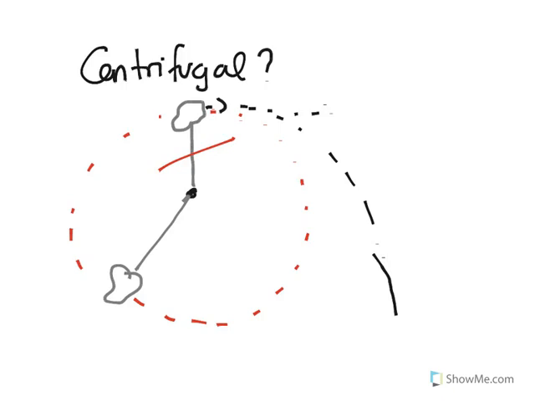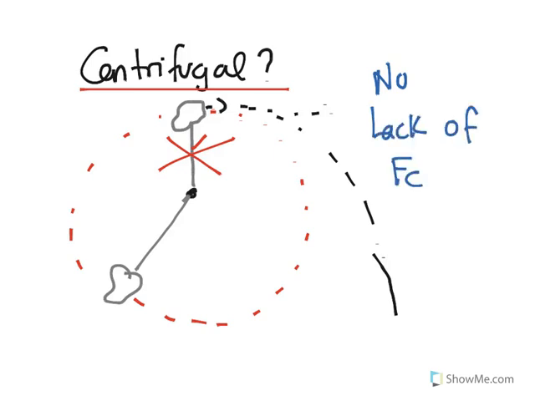So what makes this go outside of the circular motion? Just a lack of the centripetal force. So is there a centrifugal force? The answer is no. What makes you go out of the circular trajectory is a lack of centripetal force. It's not a centrifugal force. And then of course, with this lack of centripetal force, inertia will start to act in this case, and this will make this go towards another direction.